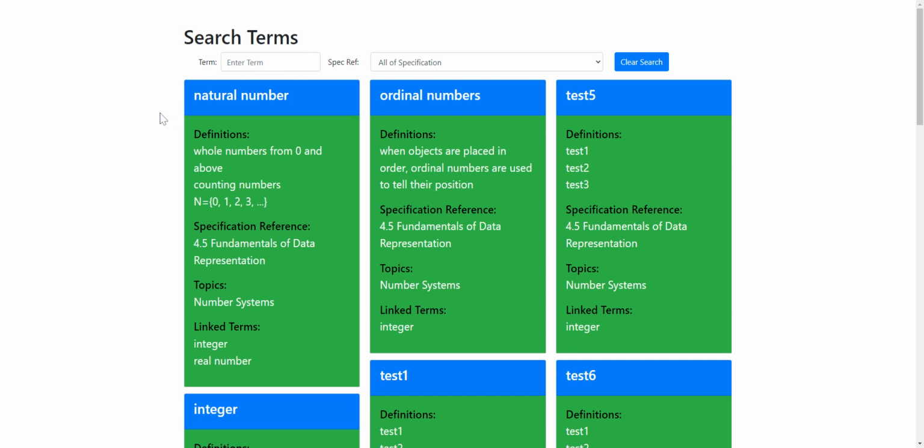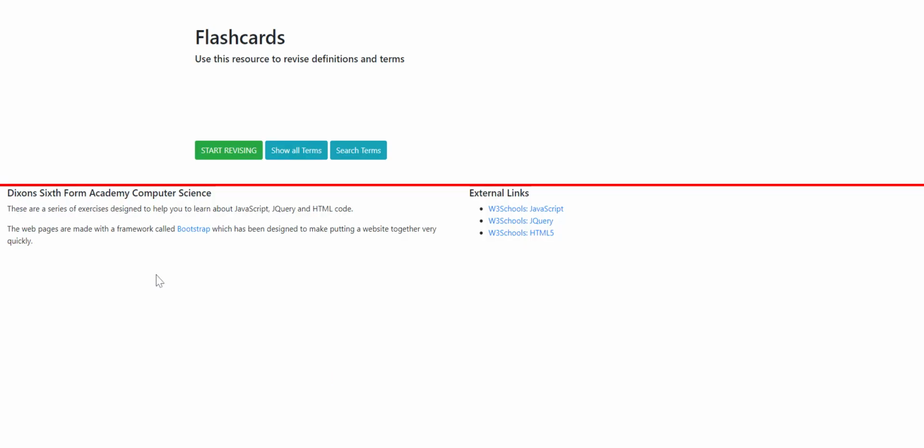Okay, what we're going to look at is adding something to the search terms page. So we're going to make a search term. So let me just go back. I haven't got a back button on it yet. So we're going to add another button onto the main page, and we're going to do search terms. So show all terms. You might have done it, you might not have done it yet, but we're all going to do